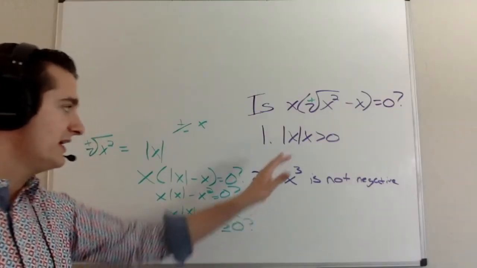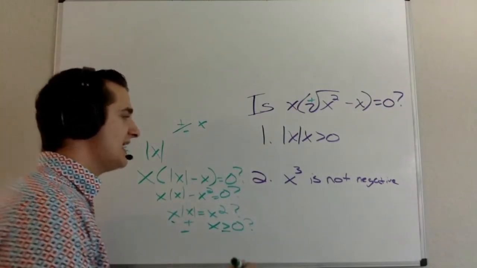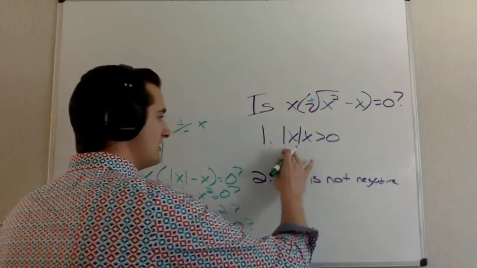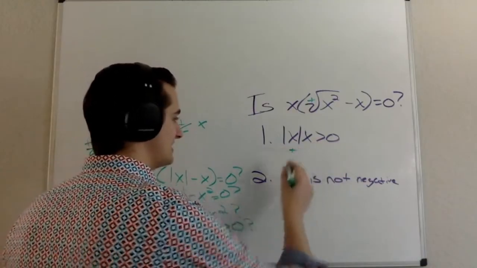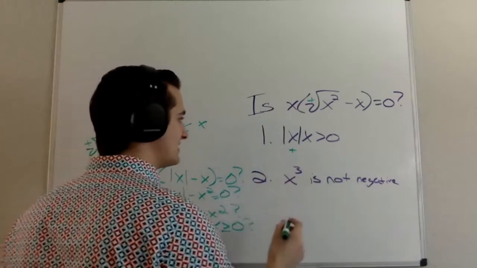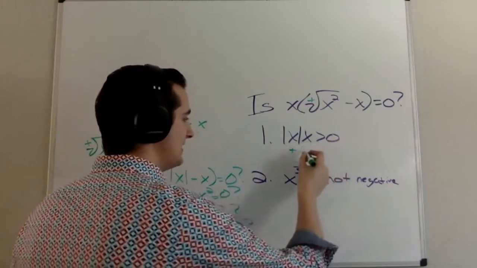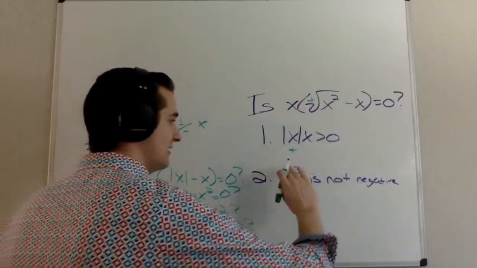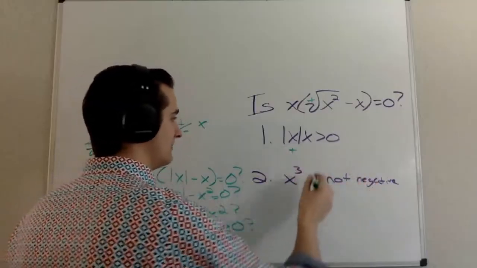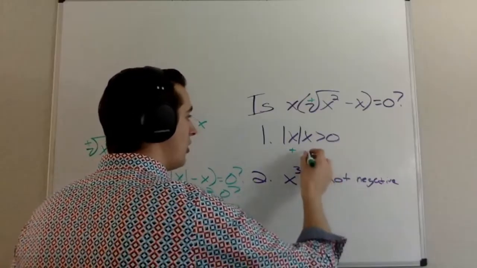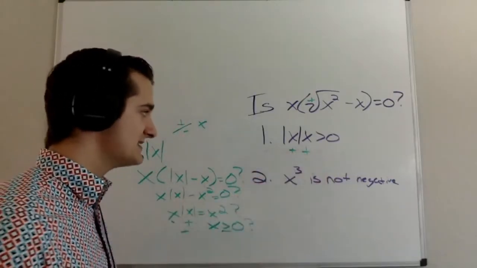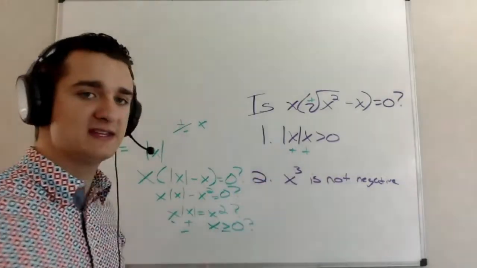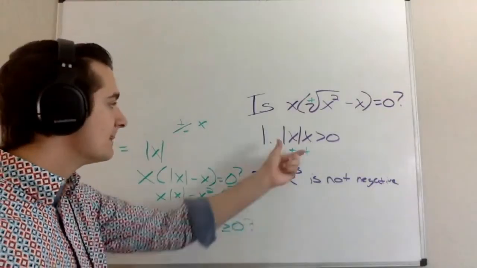because what I'm told here with statement 1 is that x, the absolute value of x times x is greater than 0. Well, I know the absolute value of x is going to be positive. I know that x then, for this whole thing to be greater than 0, x also has to be positive. So then I'm going to have a positive times a positive,